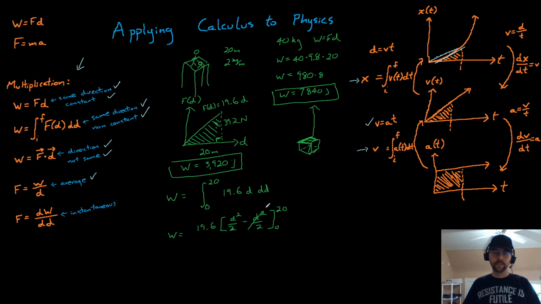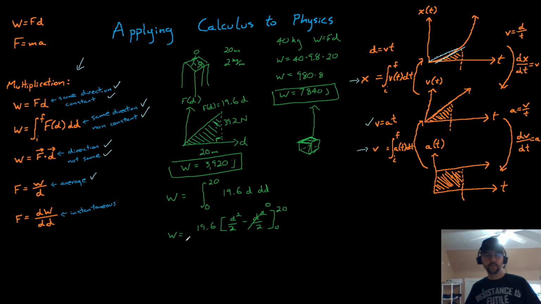At 0 this is going to be 0, so we're just going to have 20 squared over 2. We can break this into 2 times 10. So 2 squared is 4. 4 divided by 2 is 2. Then we're going to have 10 squared. So 1960. 1960 times 2,